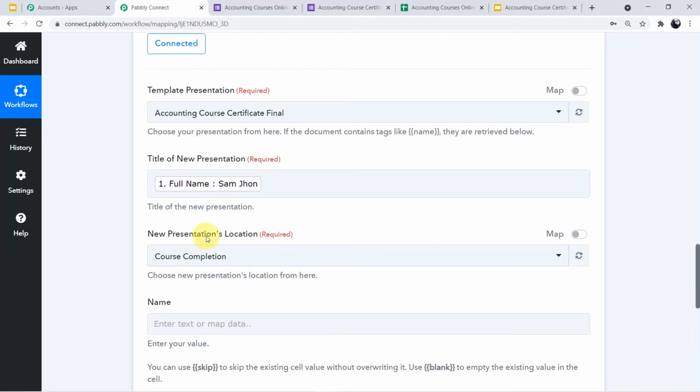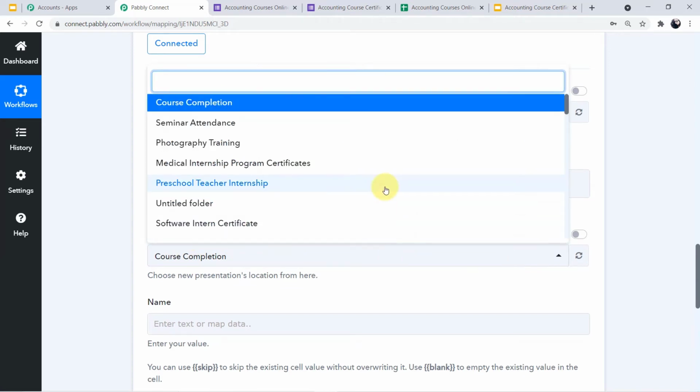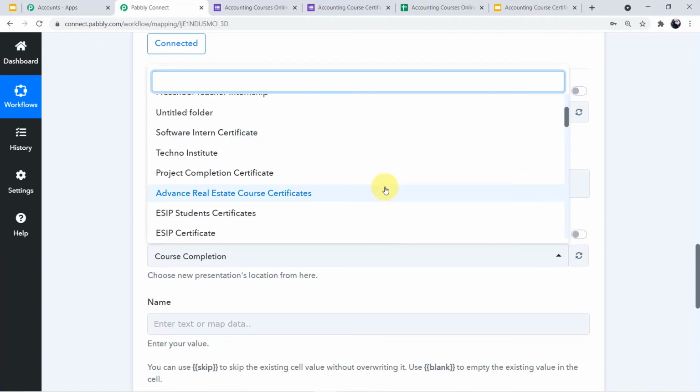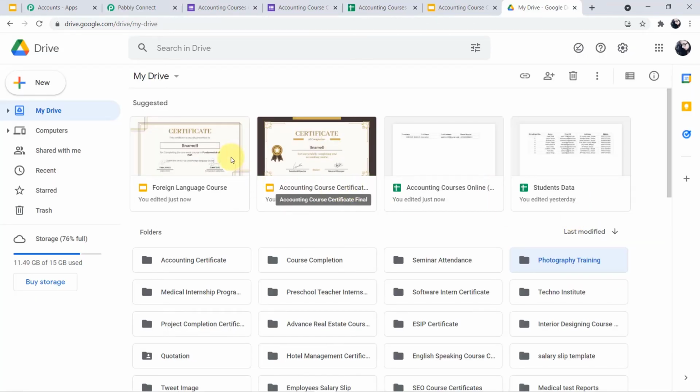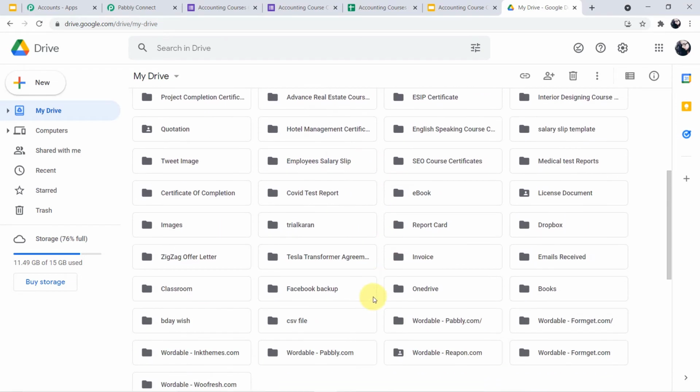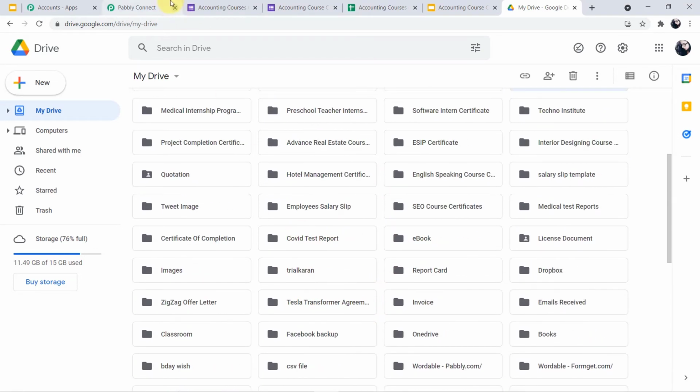Now the new presentation's location. The new presentation's location is the folder. It is asking us for the folder where we want to save all our certificates in Google Drive. So let me show it to you. Let me take you to my account on Google Drive. Okay guys, as you can see, this is my account on Google Drive and here are various folders you can see.